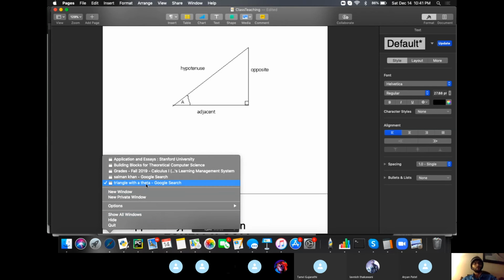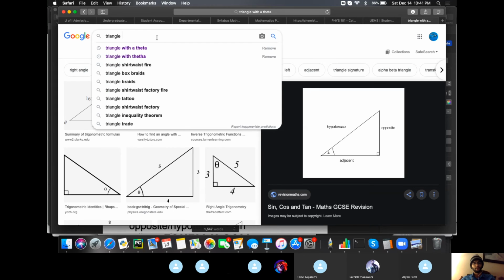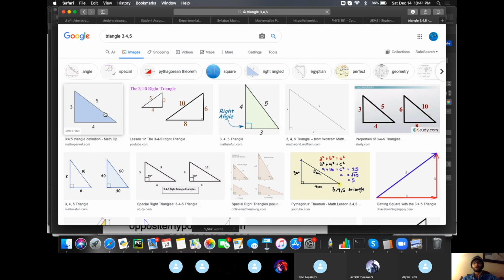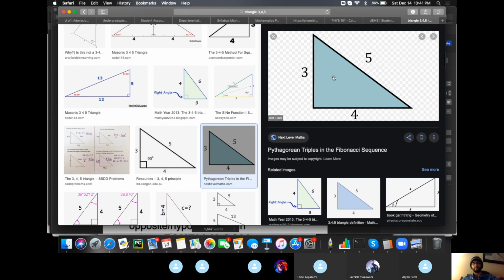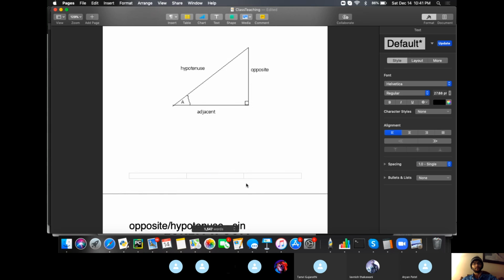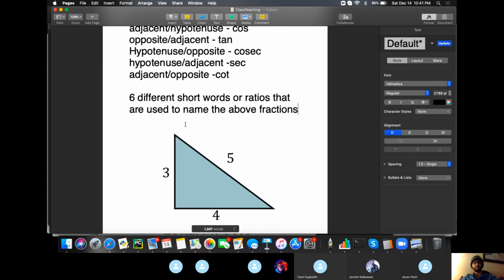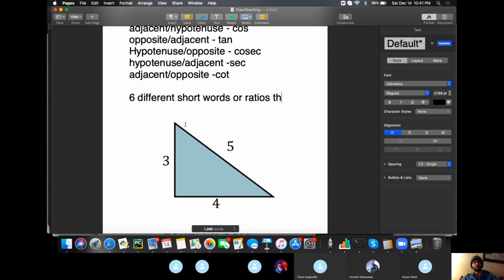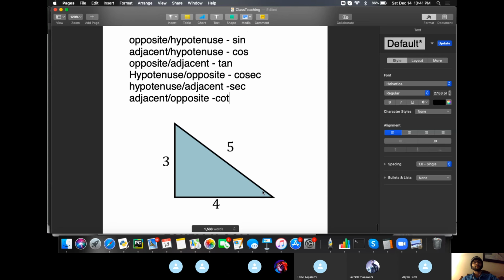Okay, so now let me pick a triangle where there are some measurements to the sides. Okay, so we'll pick this particular triangle, which is one of the most famous triangles. You usually use this when you talk about right angle triangles. And now I will tell you that my angle, the angle which I want to consider for this particular problem, will be this particular angle here. Okay, this angle, the angle which is enclosed by 4 and 5. Okay, this is my angle, not this one. So now I want you to try and tell me in this particular triangle, if this is my angle,